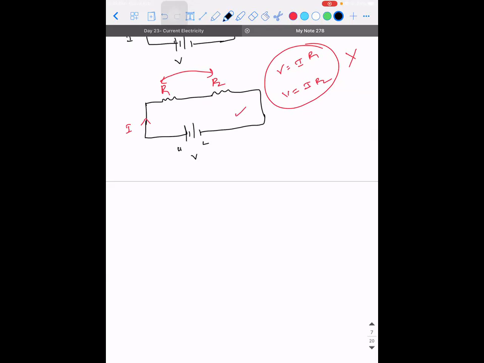சரியா? I write it as H and L. இப்போ current வந்து இந்த direction தான் flow ஆகும், that we know because current always flows from higher to lower potential. So this is high, this is low. Correct? This is high, this is low. So Kirchhoff's loop rule என்ன அப்படின்னு பார்த்தனா the total energy in the circuit is always conserved. So it's based on energy conservation. So the total potential drop across a circuit in a closed loop is always zero.